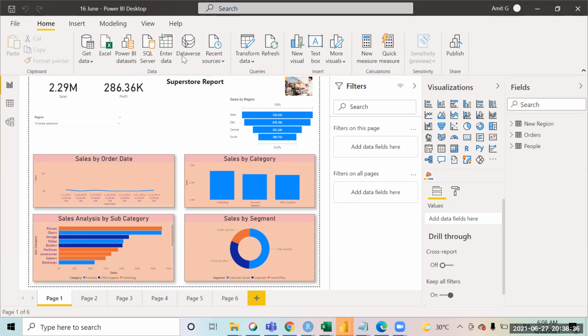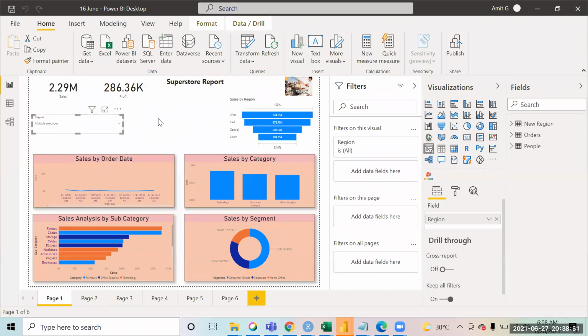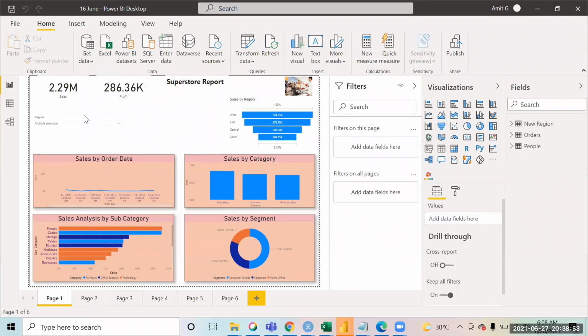Okay. Remember, this was one of the reports that we created. When we started the session, we were making some charts, and this is the report that we were building up, where we were exploring the different types of visuals that we can create. In fact, you can open up any report you have with you. Definitely what I would like to do now is share this report with my team members and with the stakeholders.